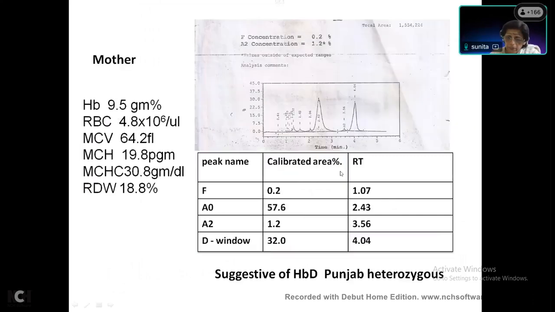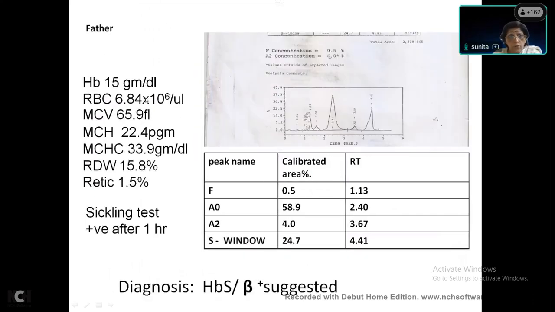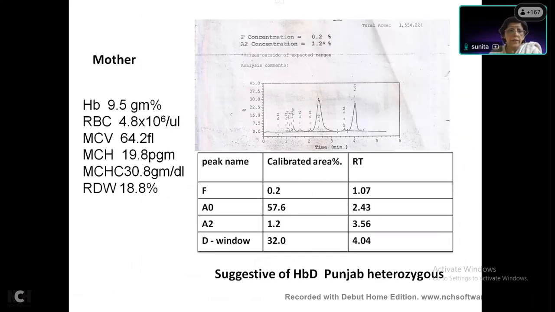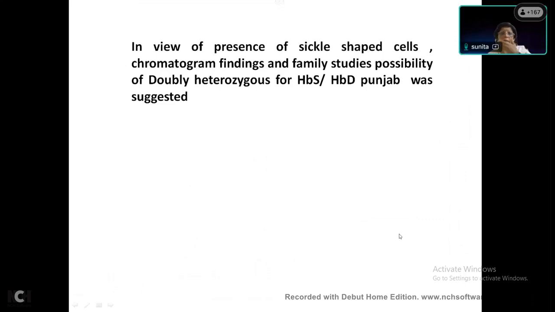The father's HPLC shows microcytic hypochromic picture with high RBC count, suggestive of beta thal trait, but also has a sickle peak of 24%. So HbS with beta plus was suggested. The mother was again anemic, microcytic hypochromic, and has a peak in the D Punjab area. So possibly the child got D Punjab from the mother and sickle from the father, and the diagnosis was made as doubly heterozygous for HbS and HbD Punjab. Now,